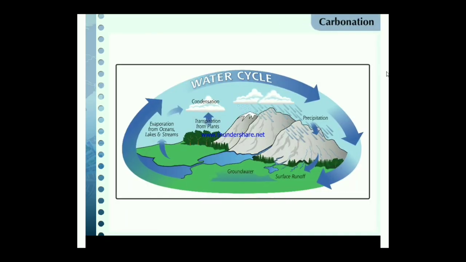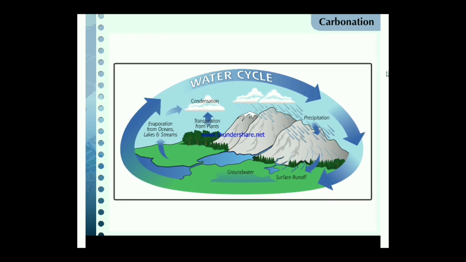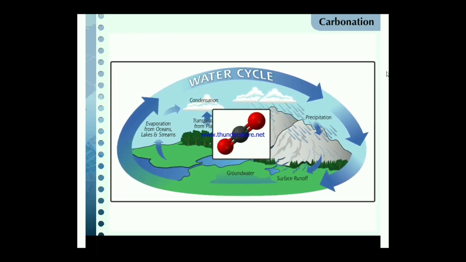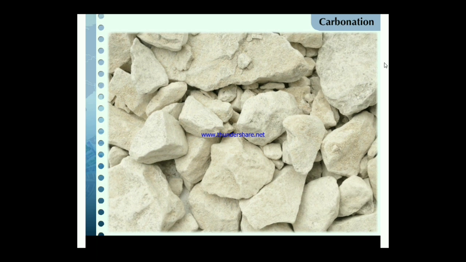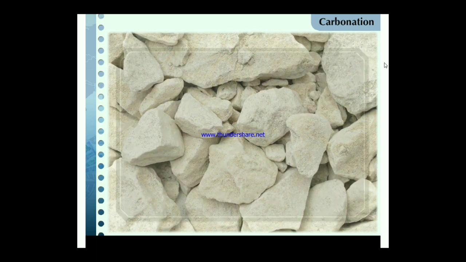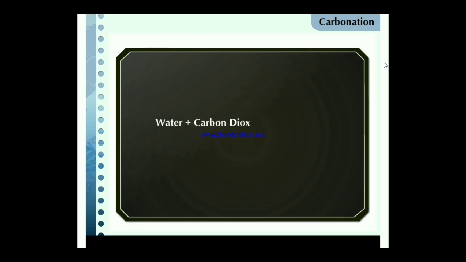Carbonation. The rainwater travels through the atmosphere before reaching the ground. Carbon dioxide in the air gets mixed in the water in this process. Dilute carbonic acid gets formed. Materials like limestone get easily dissolved in such acids. For example, water plus carbon dioxide is equal to carbonic acid. H2O plus CO2 is equal to